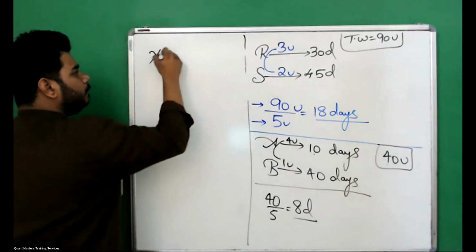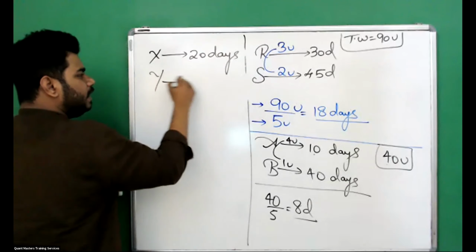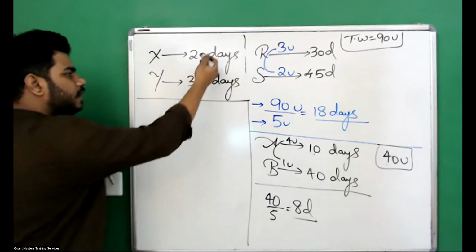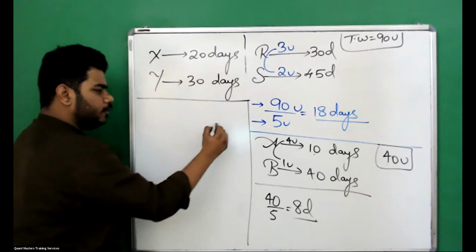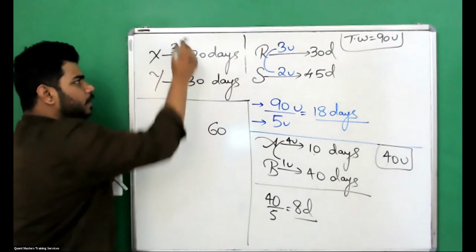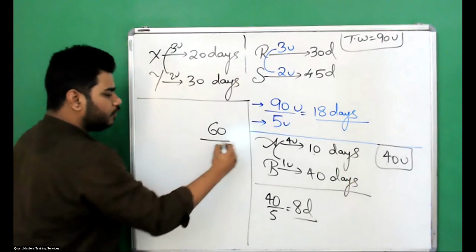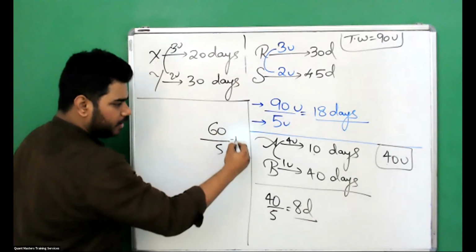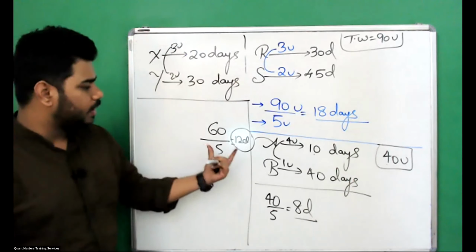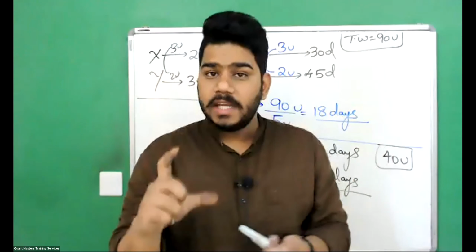Let me say X completes the work in 20 days and Y completes the work in 30 days. Sir, 20, 30, what is the LCM, sir? 60. So total work 60 units. Yes or no? Which means X is doing 3 units per day. How, sir? 60 by 20. Y is doing 2 units per day. Together they do 5 units per day. So answer is 60 by 5. That is nothing but 12 days. End of the story. I don't have to do it in 6 to 7 lines, within one line, or in fact we can do this without even touching the pen, provided we are good at LCM.